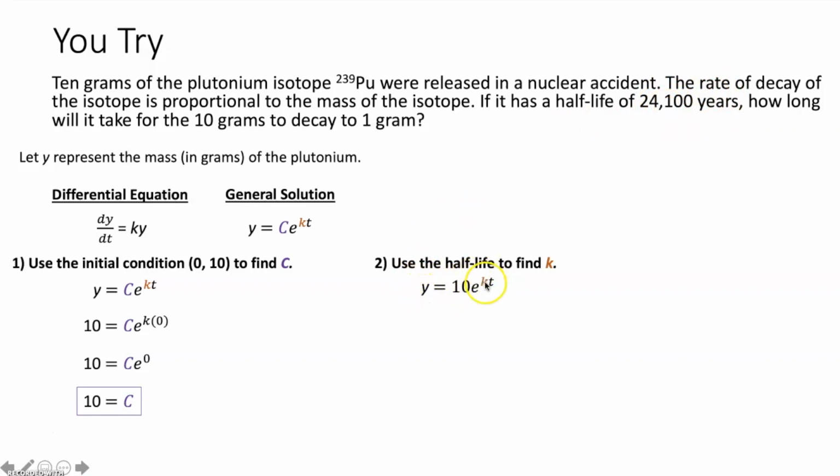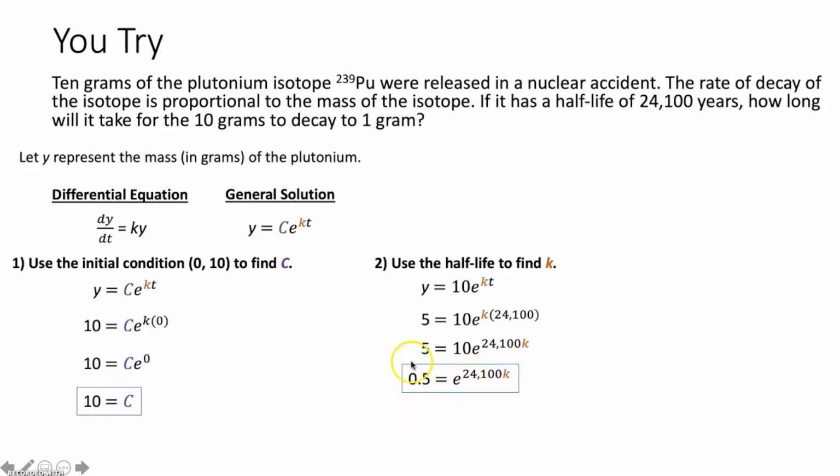So to find our k value, we're going to take our half-life, 24,100 years. We're going to plug that in for t. And we know after this given half-life, this initial amount of 10 grams is going to turn into 5 grams. So we're going to plug in 5 for y. Now we can solve for k. So how do we solve for k? Well, we multiply these two together. We just get 24,100k in our exponent. Then we need to get k all by itself over here. So we divide both sides by 10. We then have this equation, 0.5 or 1/2 is equal to e to the 24,100k.